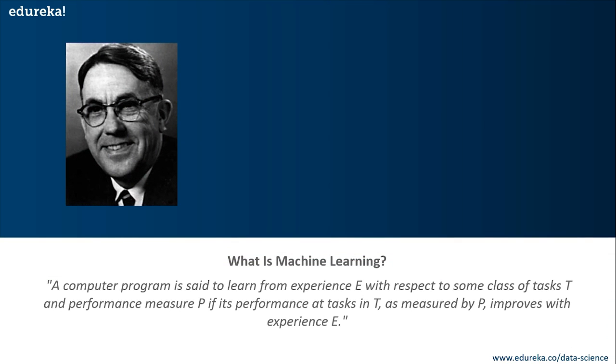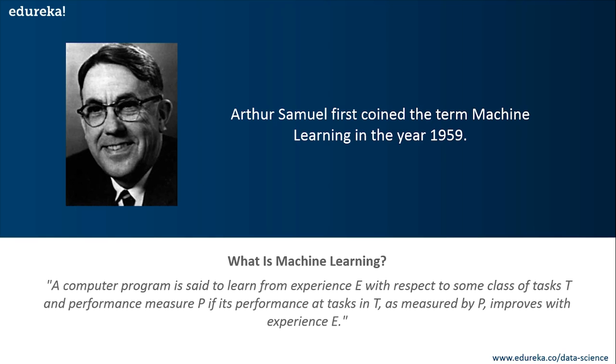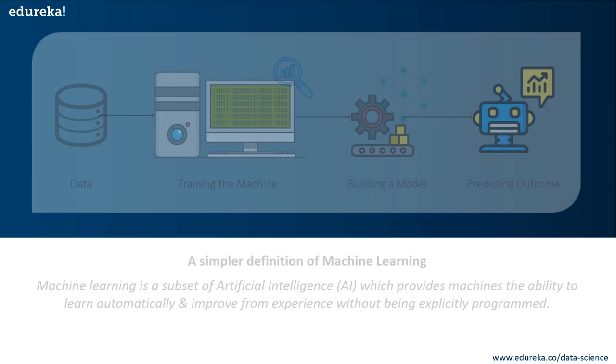The term machine learning was first coined by Arthur Samuel in the year 1959. Now, looking back, that year was probably the most significant in terms of technological advancements. Guys, if you browse through the net about what is machine learning, you'll get at least 100 different definitions. The first and very formal definition was given by Tom M. Mitchell. The definition says that a computer program is said to learn from experience E with respect to some class of task T and performance measure P if its performance at tasks in T as measured by P improves with experience E. Alright. Now, I know this is a little confusing, so let's break it down into simple words.